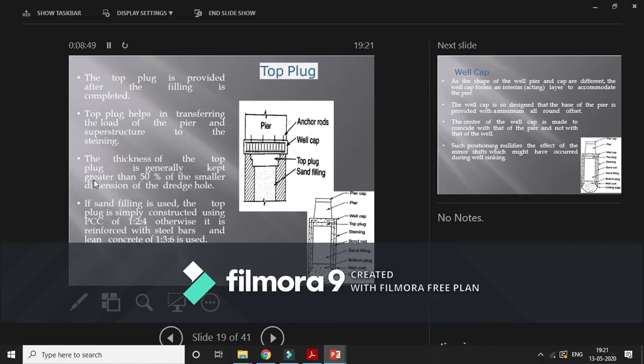The thickness of the top plug is generally kept greater than 50% of the smaller dimension of the dredged hole. If sand filling is used, the top plug is simply constructed using PCC of 1:2:4, otherwise it is reinforced with steel bars, and lean concrete of 1:3:6.